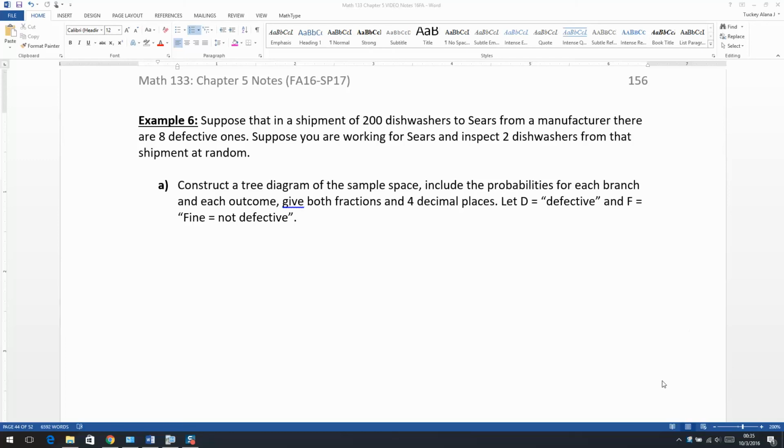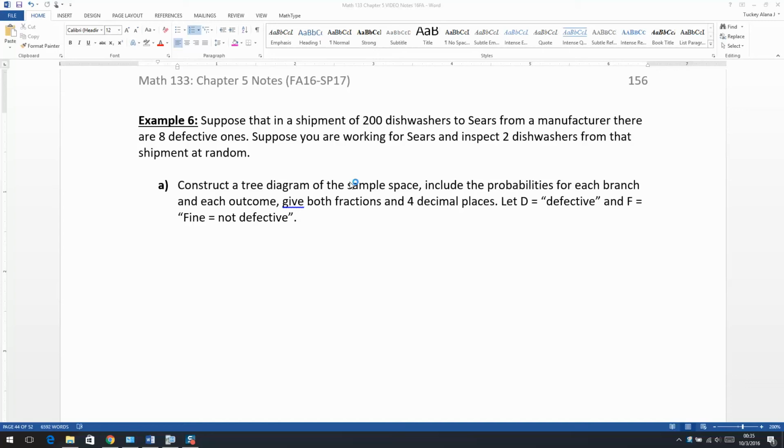So now we want to take our new rule that we've learned for the general multiplication rule, and we want to apply it to a tree diagram just to make things really fun and interesting. So suppose that we have a shipment of 200 dishwashers to Sears from a manufacturer, and in that shipment there are 8 defective ones out of the 200. And you're working for Sears, and you're going to inspect 2 dishwashers at random to see whether the shipment is okay or not. So the first thing we're going to do is construct a tree diagram